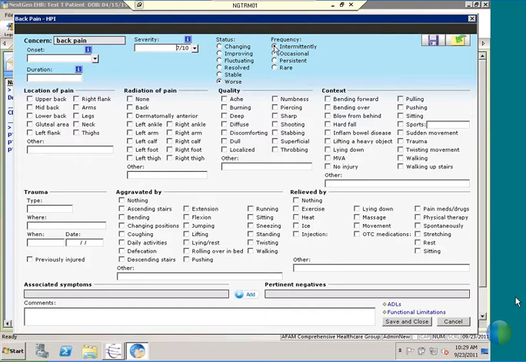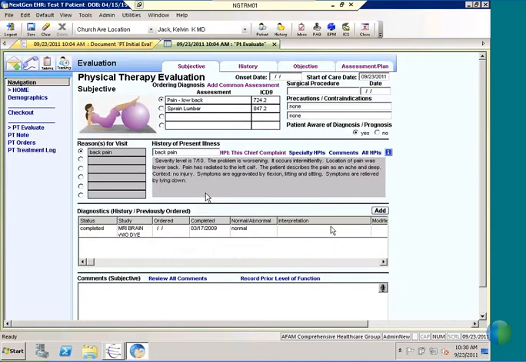No problem. Okay. So I'm going to put 7 out of 10. Let's see. Low back, left calf, deep ache, aggravated by flexion, sitting, down and contact. So now,